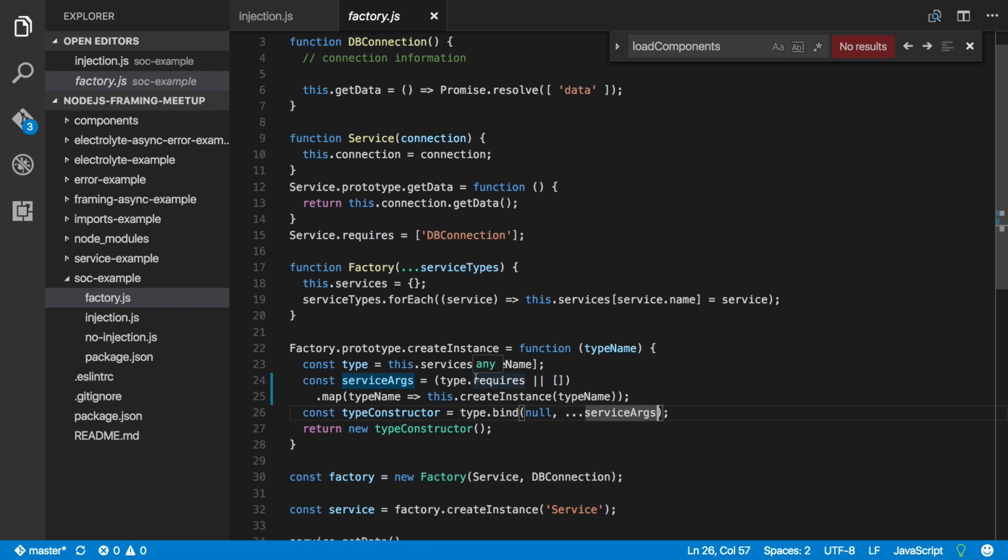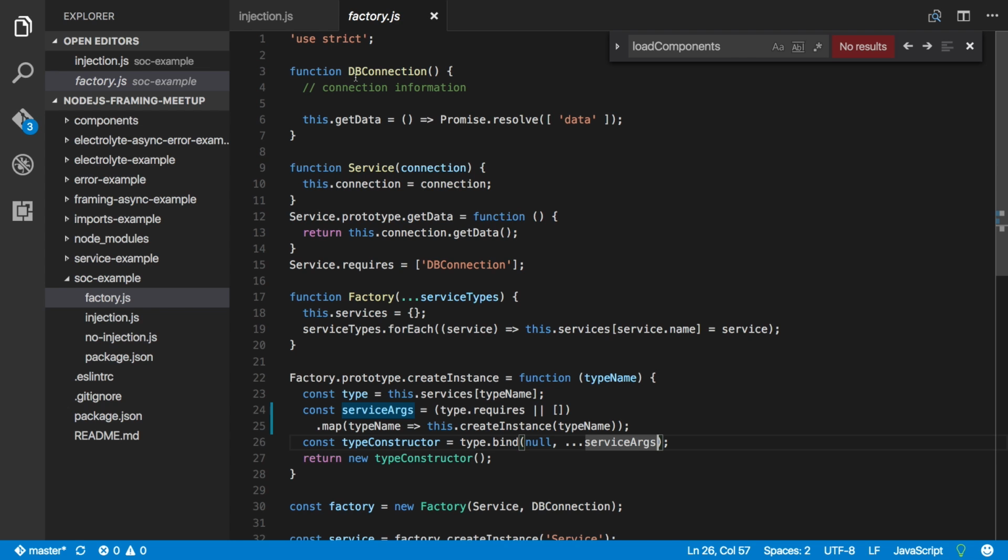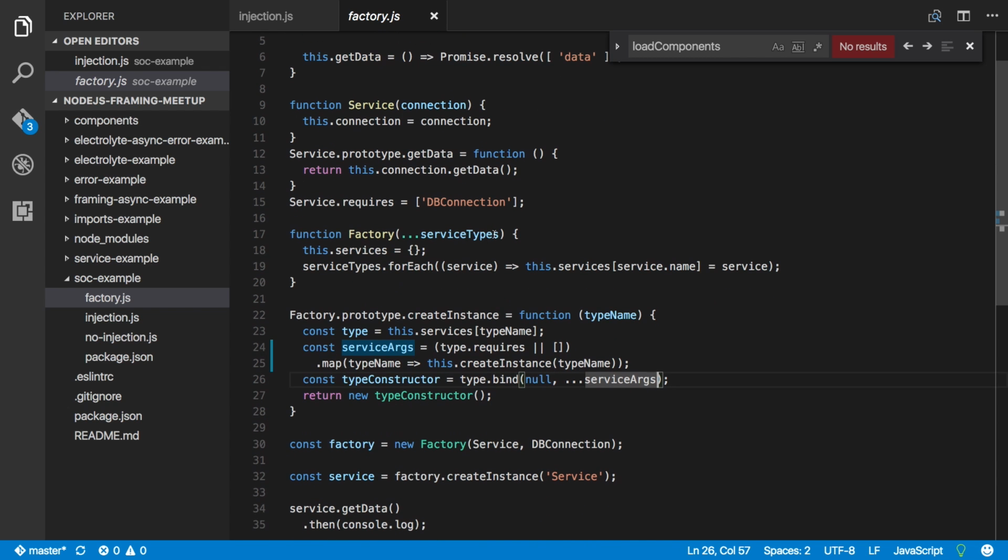So it goes back in recursively into the create instance and creates an instance of the DB connection, which I am putting into an array, and then through some JavaScript magic, I am binding the array into the constructor for the service class. And so that allows me to create an instance. But the idea here is that I am walking through the tree of